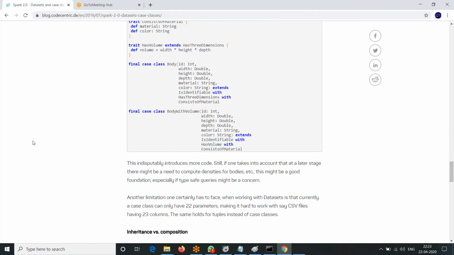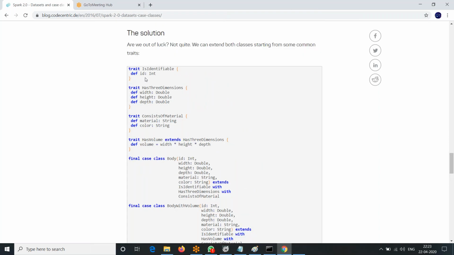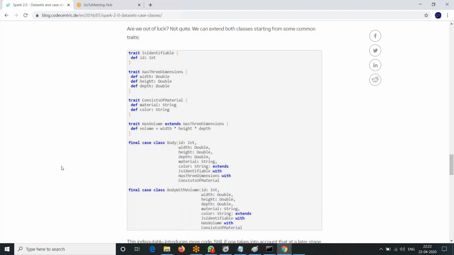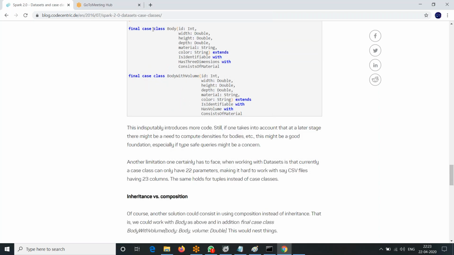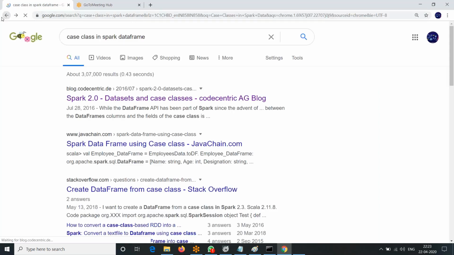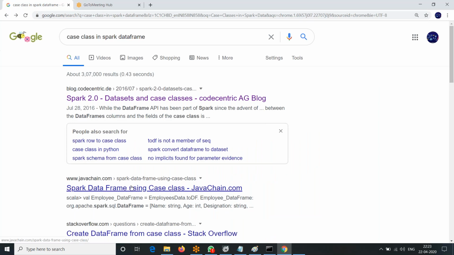Can you see here now? They're doing so much of this trade. This is so much of thing in that website. I am not going to talk into that. They are trying to give some structure to this data by applying these case classes. You will see here. Okay, that is one thing. Anyhow, let us take some other small example.